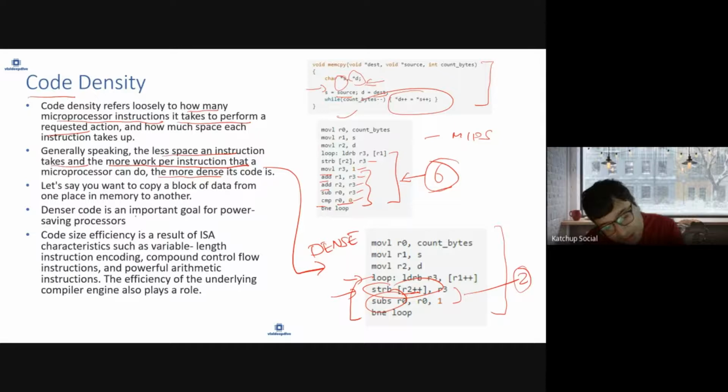Denser code is important for power saving processors. Denser code allows you to save power because then you are accessing less, and it's doing more per instruction. And just because in this case your processor supports complex instructions, it's able to do that. But denser code can be a function of not only your processor being able to do complex instructions and your efficient instruction set architecture,